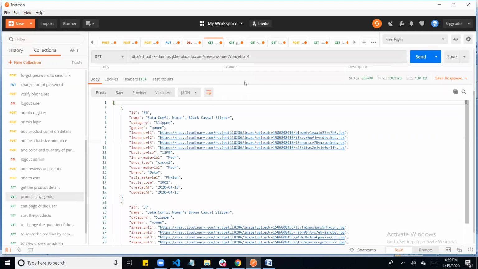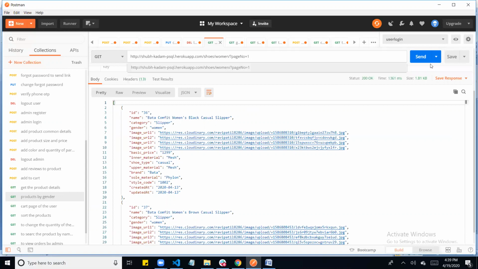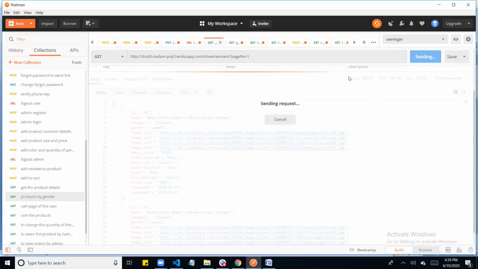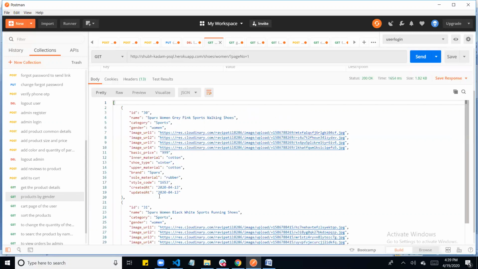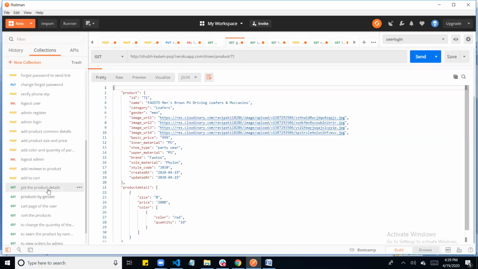So I'm showing you the products by gender. We have used pagination also, and in each page there will be showing two products only for now. So you can see here for page number 4, and it will be the same for page number 1 also. I'm showing it to you. Yeah, they are different products. So if I want a particular